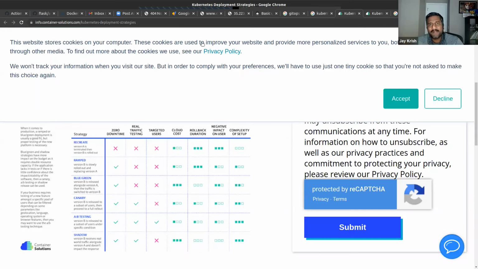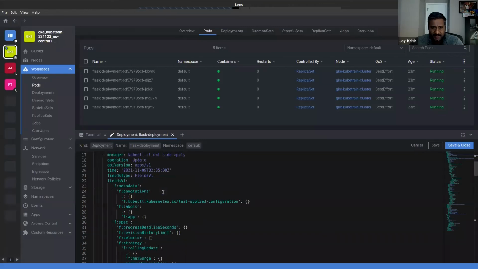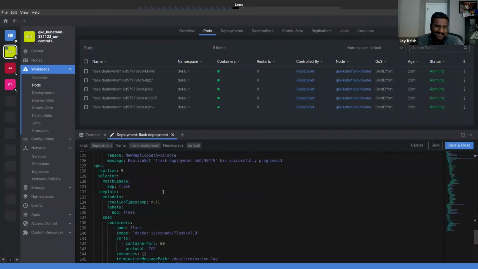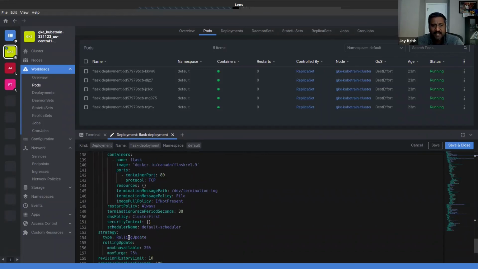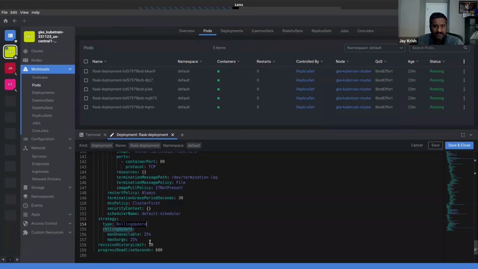But by default, most of the time in Kubernetes, this is also the default deployment methodology. Even if you don't choose anything, rolling update is the default strategy, but you have a choice. You can do blue green, or you can do canary deployment, and a few other choices are there. And you can also say max surge. You know what, if I give 100%, let us look into that.